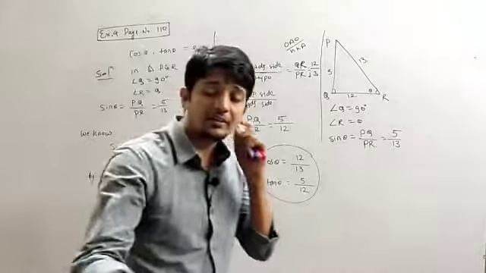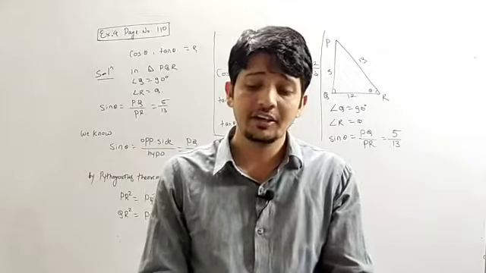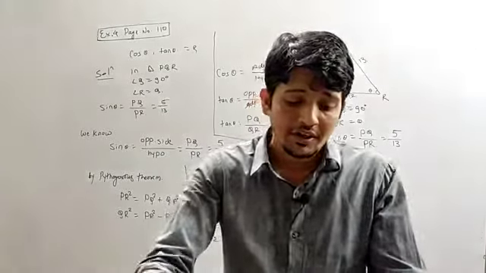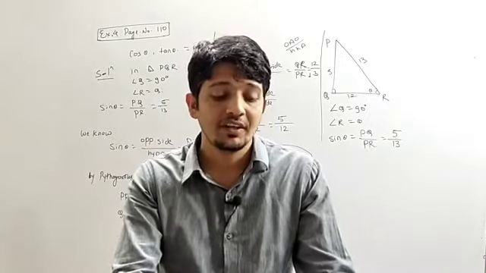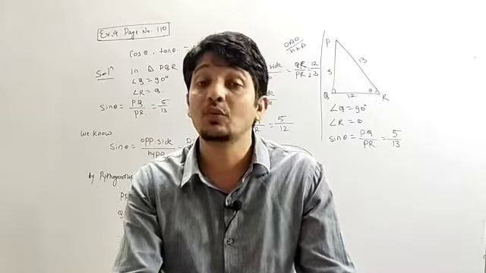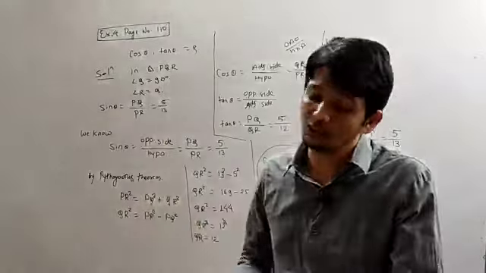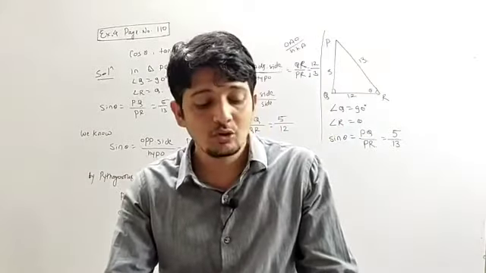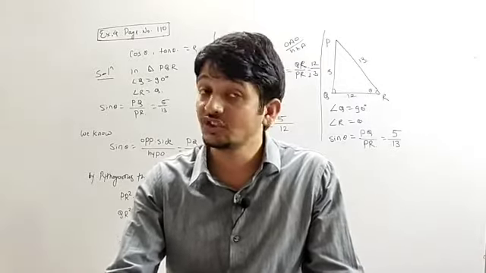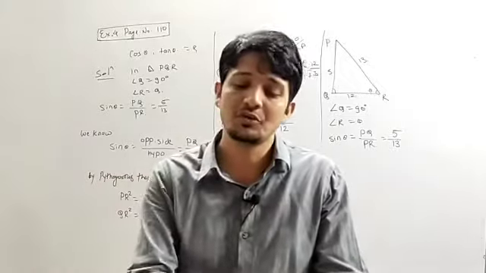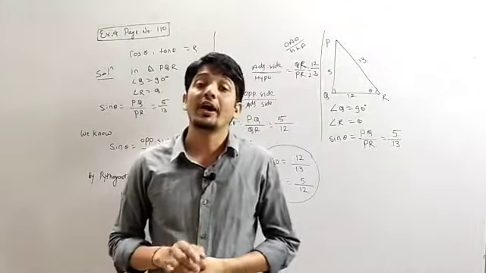So now we have the homework. In practice set 8.2, find the values of second question, third question. If sin theta equals 4 by 5, then you have to calculate the value for cos theta. You have to solve like this only. Then fourth question, if cos theta equals 15 divided by 17, then you have to calculate the value for sin theta. Again you have to apply the same procedure. So here we have completed our exercise 8.2.